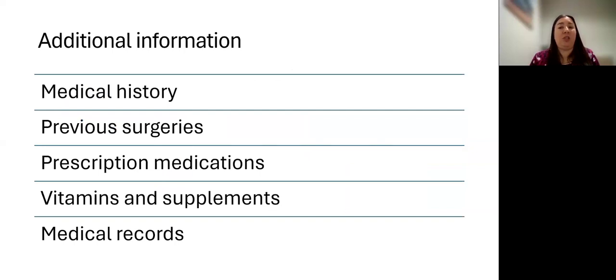So there is additional information they will ask for as well. It's important before starting a study that study coordinators and doctors are aware of any medical conditions and previous surgeries, as well as the dates they occurred. You'll also be asked for a list of all medications, vitamins, and supplements that you're taking. So having this list is important because we have to check and see if any of those interact with the